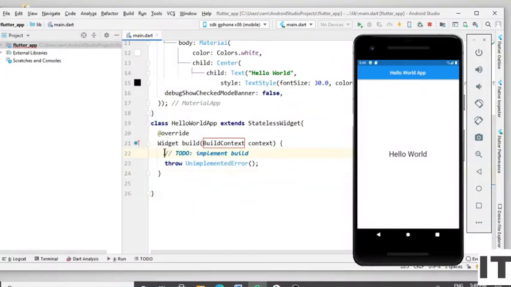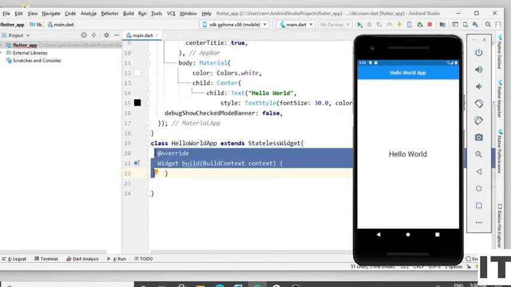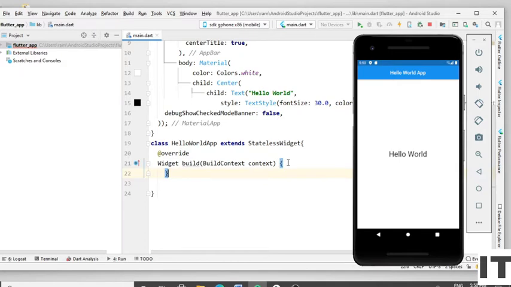Now remove these two lines. Once you do it, you get the build method in front of you, which returns a widget and gets a parameter, BuildContext.